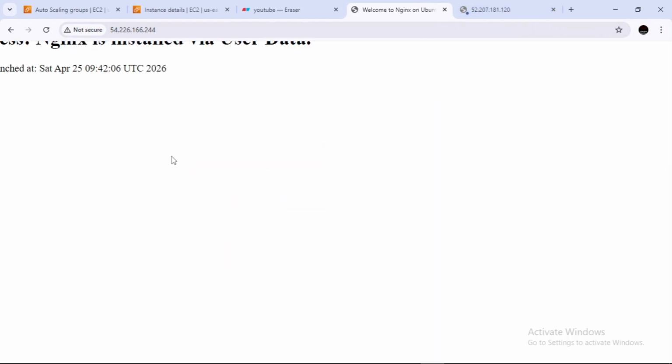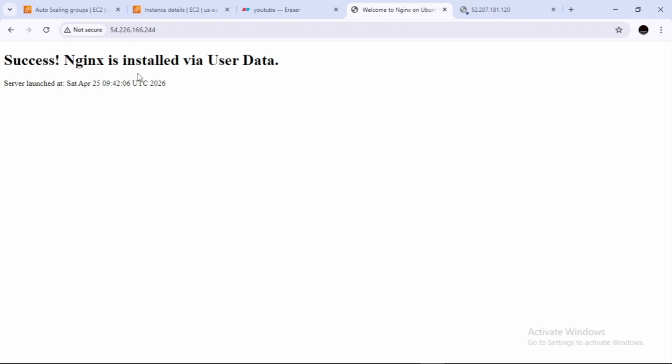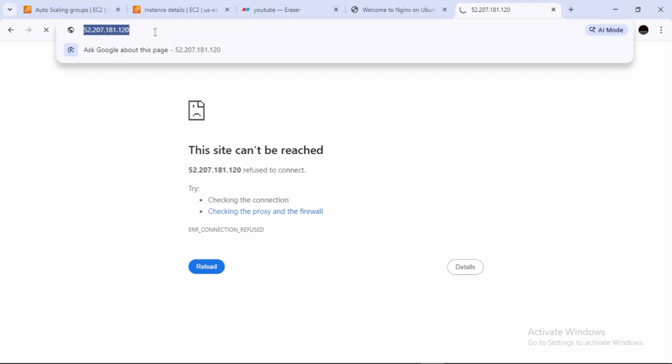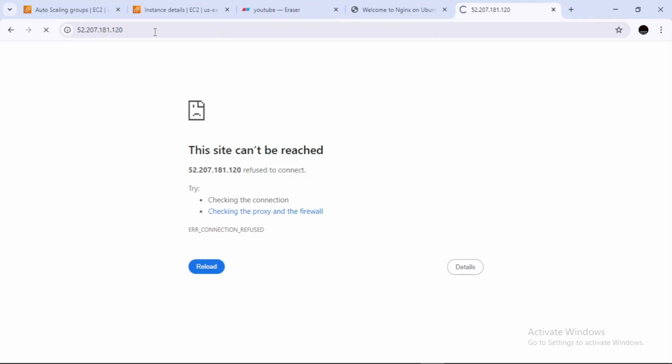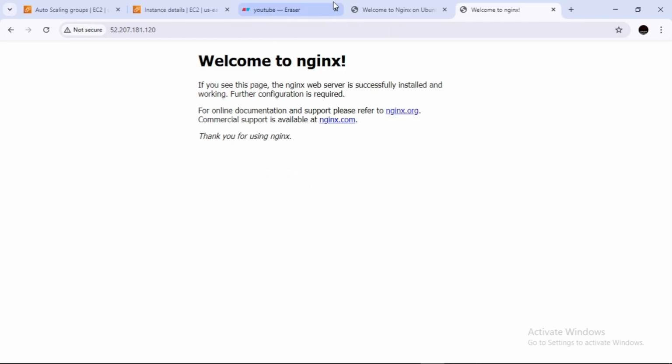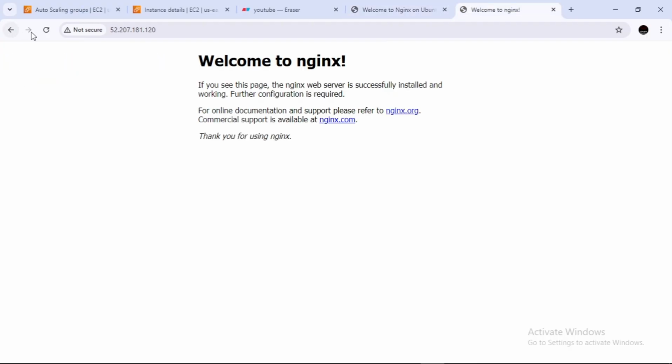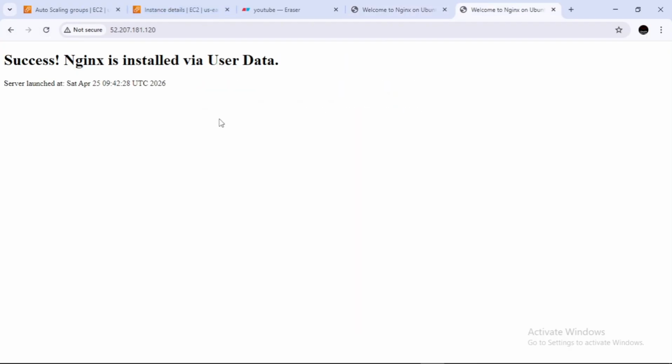As you can see, Nginx is installed, and if I refresh this, welcome to Nginx. So our user data script is working fine. Nginx is installed by user data.